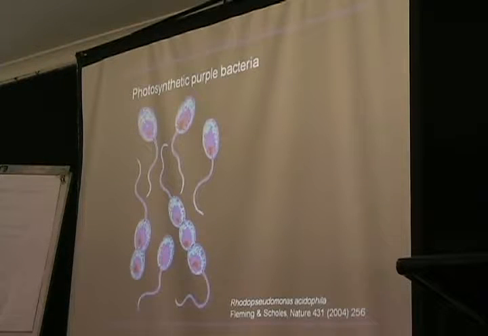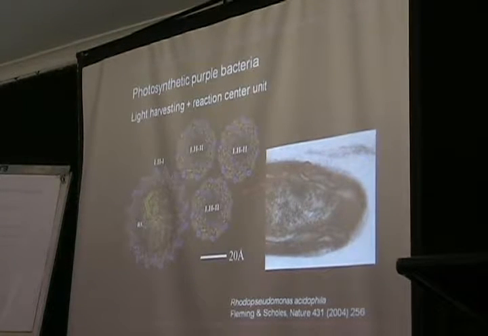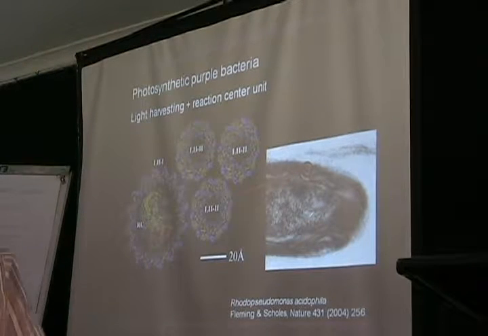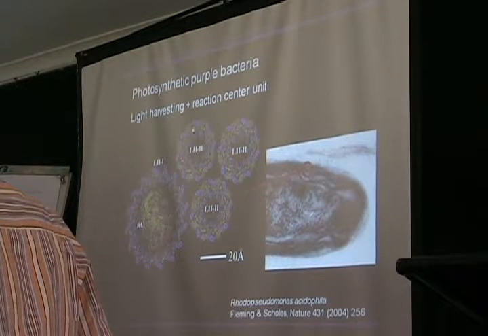So these are purple bacteria. They use light harvesting for phototaxis, so for knowing where to go. And if you scan a bit further into the system, this is an electron micrograph. You see these lamella here, these lamellar structures. This is where the membrane is where the light harvesting systems are located. Notice the scale also. And in Rhodopseudomonas acidophila, for instance, you have this arrangement where light harvesting complex 2 is in so-called antenna complex,